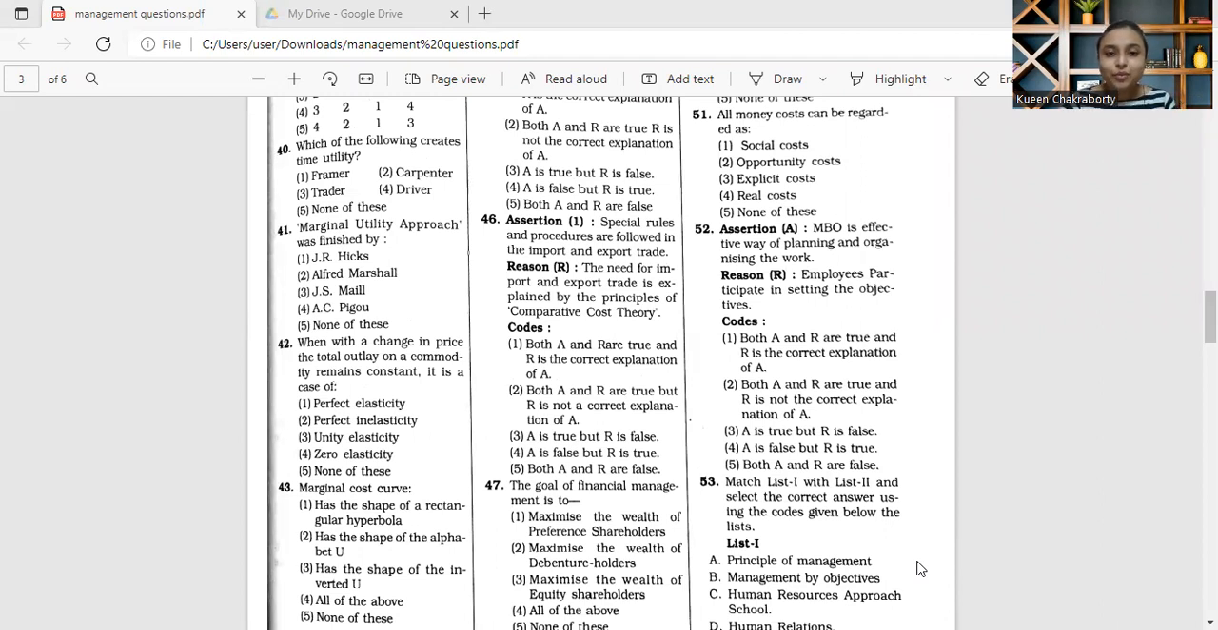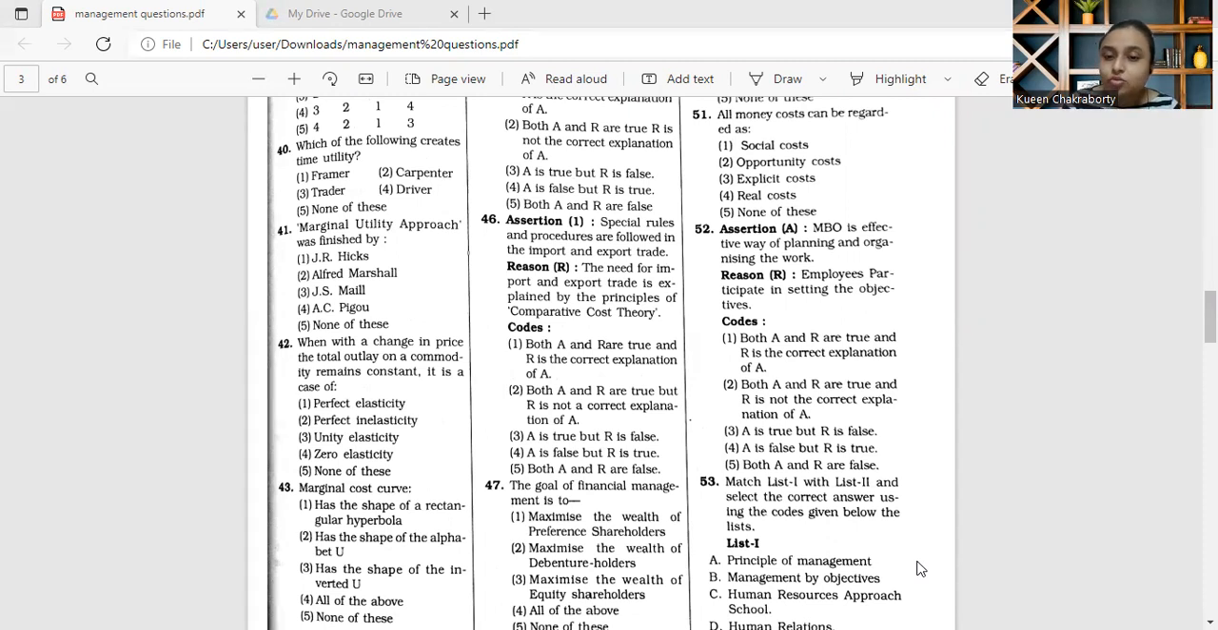Hello everyone, welcome back. As you know, we are solving the paper of the RBI Grade B exam for phase 2, and many questions have already been discussed. So in this video we are going to discuss the rest of the questions, starting from question number 51. Question number 51 says: all money costs can be regarded as